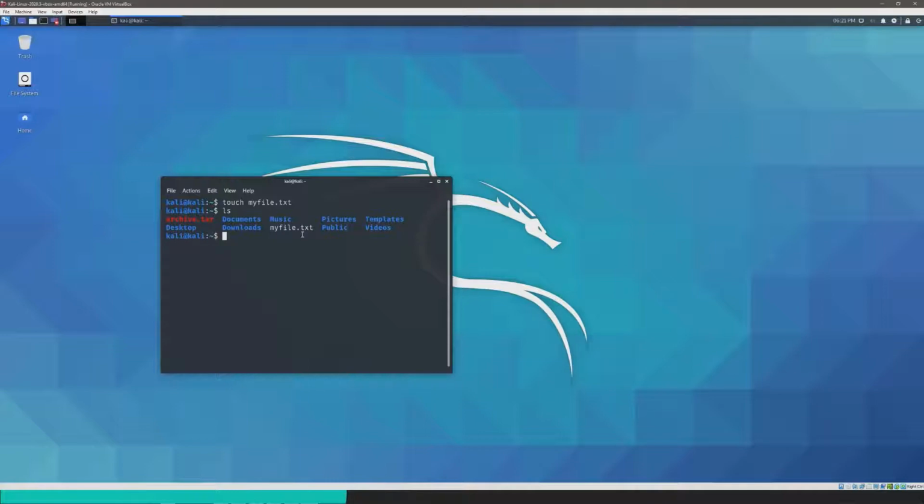What I was going to show you is chown. This will change the ownership of the file specified to the username that you specify. So let's say I want to change the ownership of this file to kali. It could be another username on this machine, but right now, since the only user we have is kali, that's what we're going to be using. So chown kali, and then the name of the file that you want to change the ownership of. And that's basically it for that.